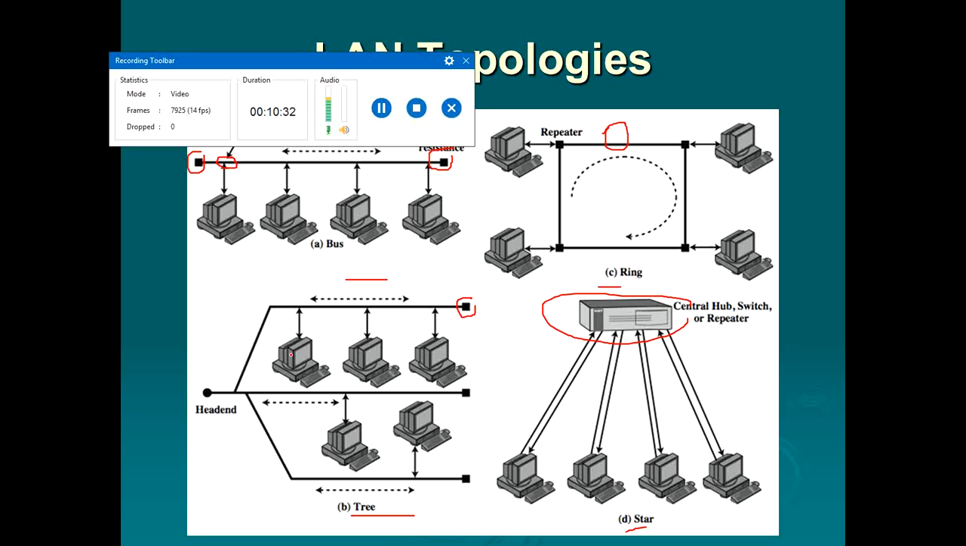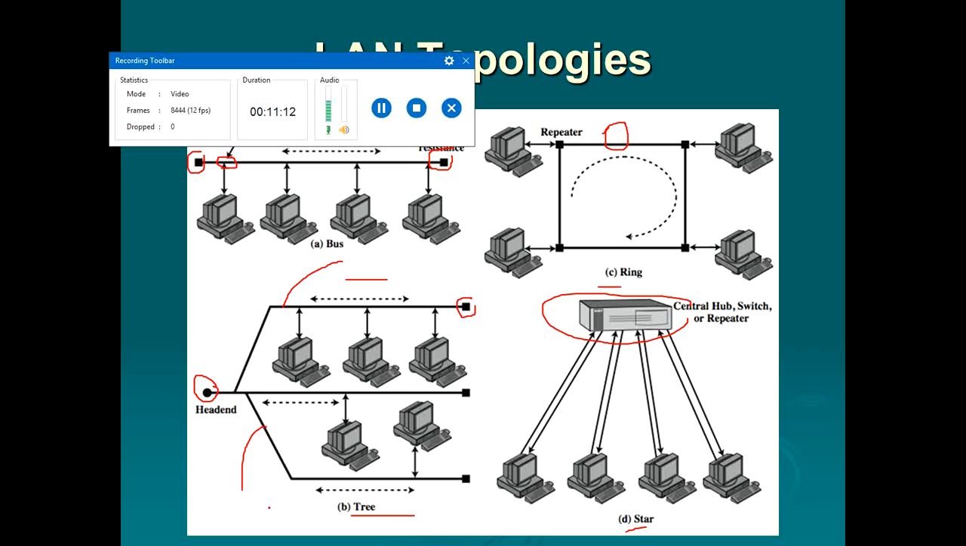The tree layout begins at a point called the head end. So the tree layout begins at a point, for example from here, and this point is called the head end. Then we have one or more cables which start at the head end, and each of these may have branches. The branches in turn may have additional branches. For example, if this is a branch, this branch can have an additional branch, and this branch can have an additional branch,